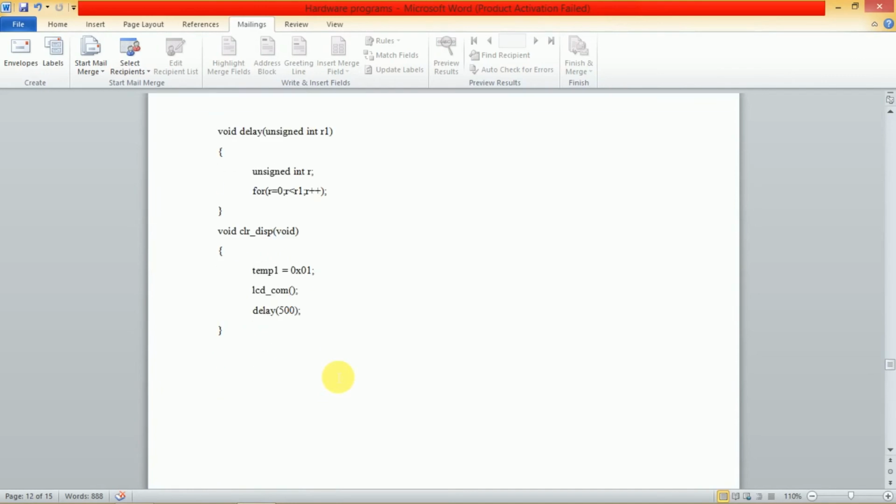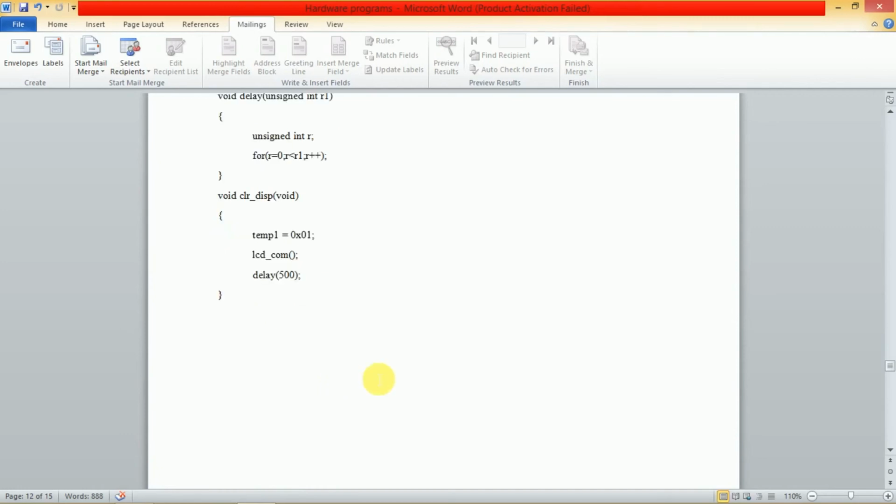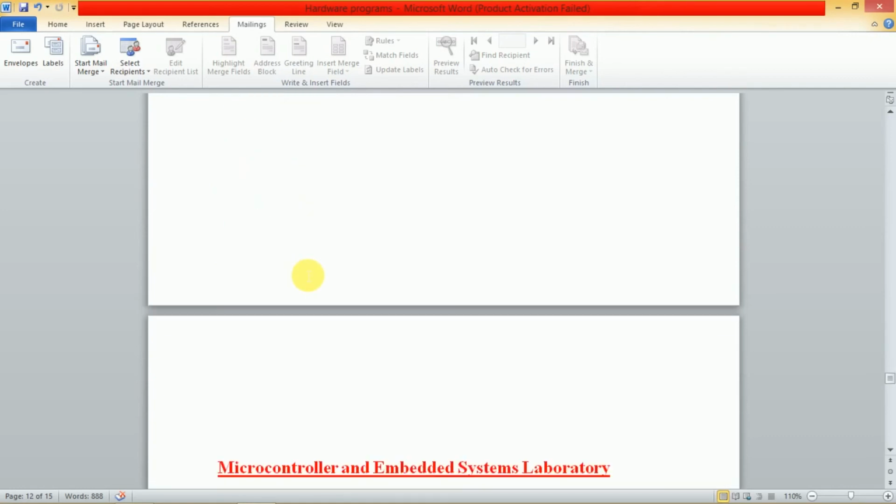Similarly, void delay with unsigned integer r1, then begin unsigned integer r, put it in the loop for r equal to 0, r less than or equal to r1, r plus plus, increase the loop. Void clear display: temporary 1 is equal to 0x01, LCD com, then provide the delay.